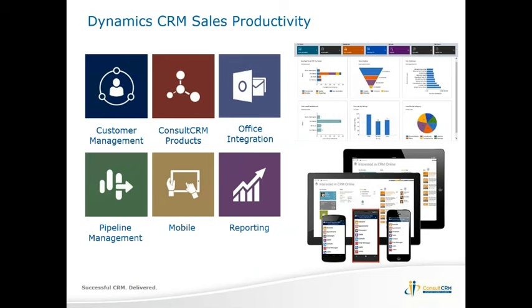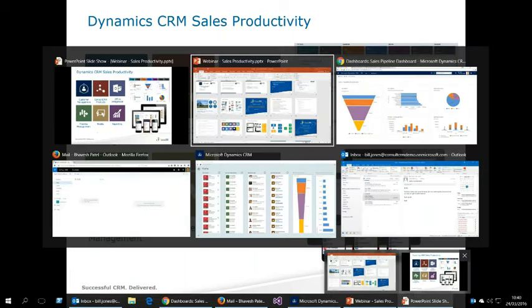So we're going to have a look at some of the customer management functionality around contacts and accounts, the products that we have within Dynamics CRM from the Consult CRM team, a bit around the Office integration, so looking at how when we're discussing items with our customers, how we can quickly take emails, tasks, phone calls, appointments from our Outlook and push those into CRM, so we're keeping that centralized data view. Our pipeline management, how we access all that data on the mobile platform, and also the reporting capabilities as well. So I'm just going to navigate